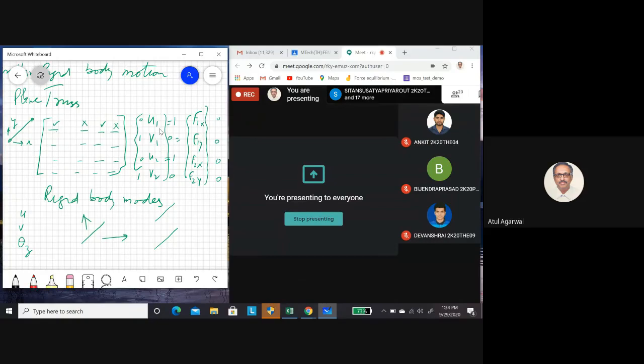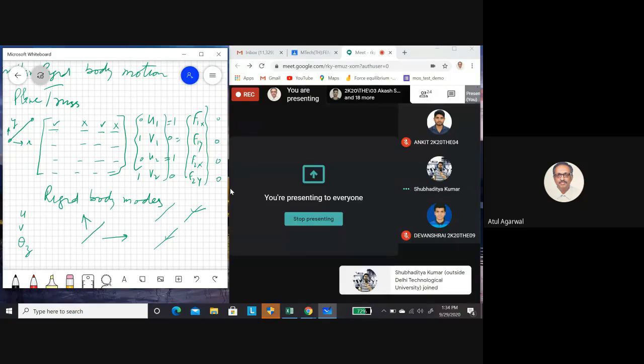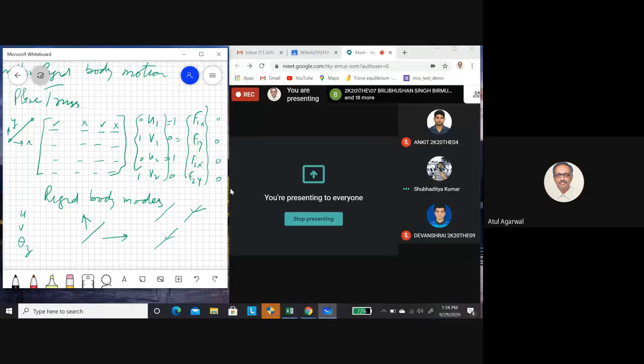Then you were having a translation of this thing at 45-degree angle. Suppose your bar was, it would have traveled in this direction. You see, this was the initial position, this is the final position. So this is having both displacement as 1, 1. So you see, again, this thing is summing to 0 if you multiply with this vector. So here, forces on the nodes is coming to be 0, which is required for a uniform rigid body motion.